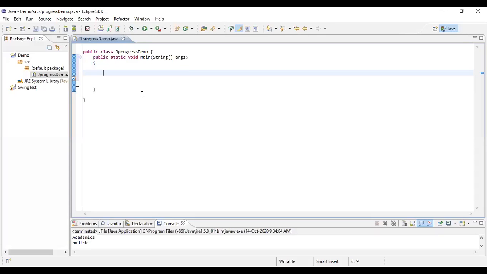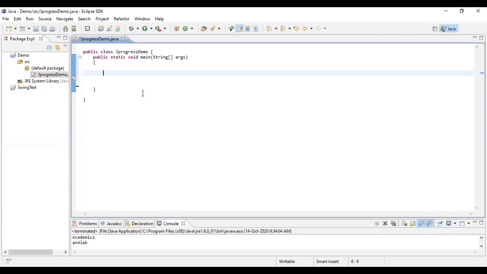As usual, I'll need a frame. Now, I'm going to use javax.swing. I'm no longer planning to use AWT because of JProgressBar. In Swing, everything is preceded with a J: JProgressBar, JComboBox, JRadioButton, JButton, JTable, JTabbedPane, JFrame, JPanel. Everything is preceded with a J in Swing. Anyway, I'm planning to work on Swing.